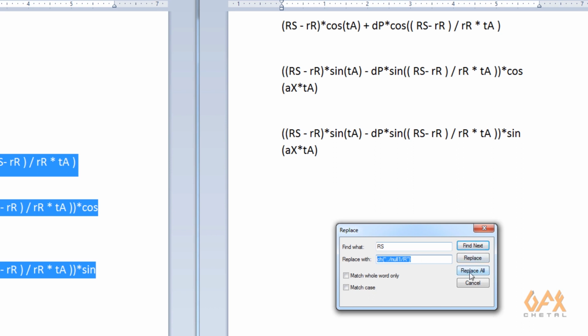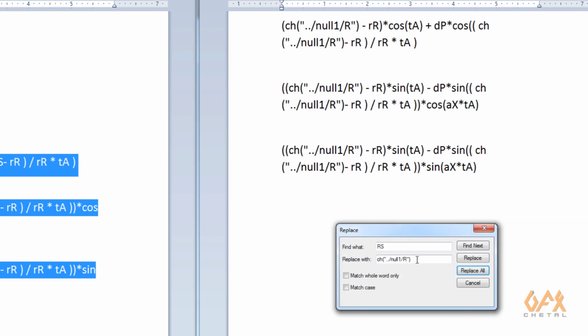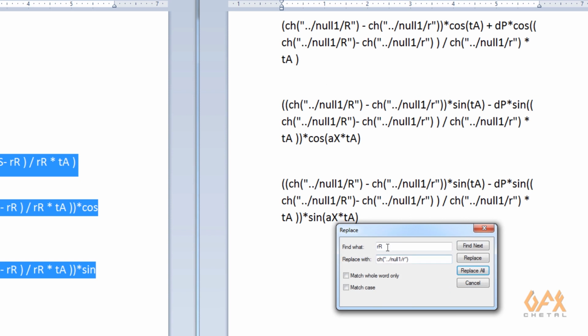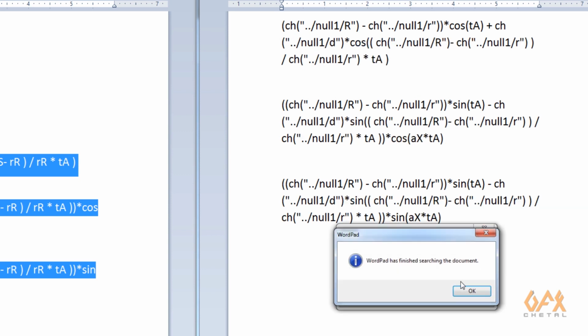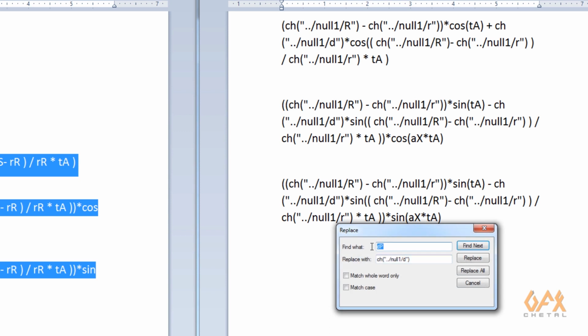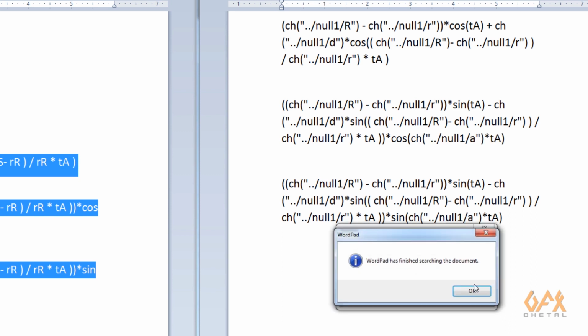Okay, now I set R and capital R, that is replaced with small r, replace all. Okay, now D capital P is replaced by D, replace all. And now first of all I replace A capital X by A, replace all.